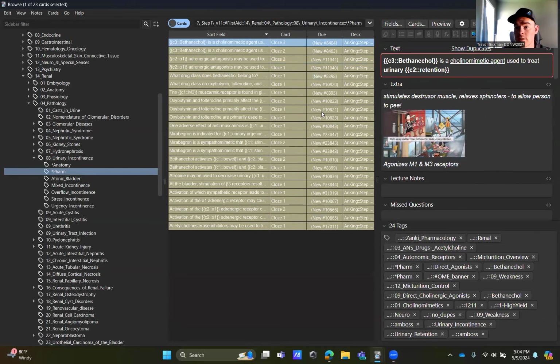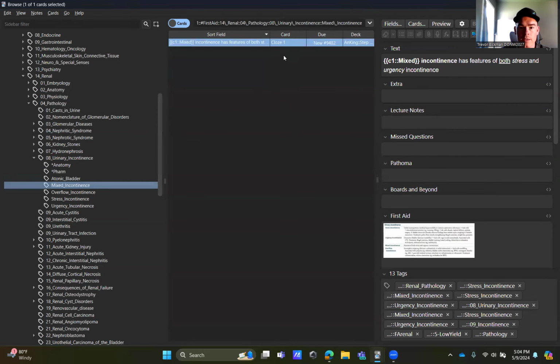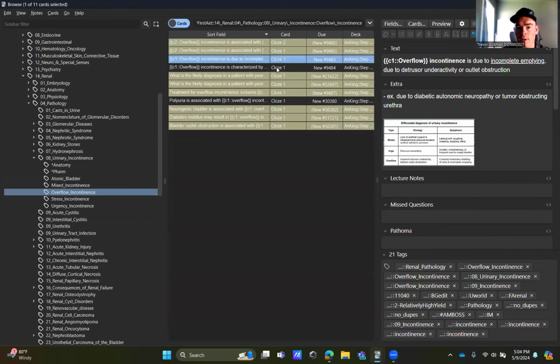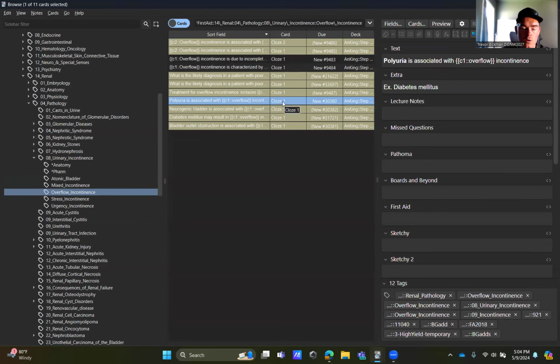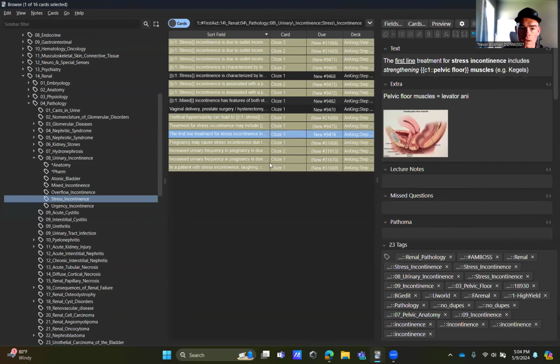In pharmacology, skip it all. We're going to go to atonic bladder, skip it all. Mixed incontinence, you want to pick that one up. Overflow, you want to grab number 3 and 4. And then skipping 3, coming down and grabbing this polyuria card. Coming down to stress incontinence, you want to pick up 5, skip 6, 7, grab 8, 9, and then